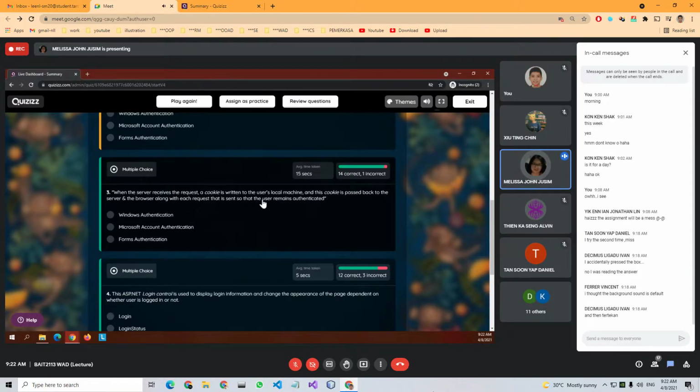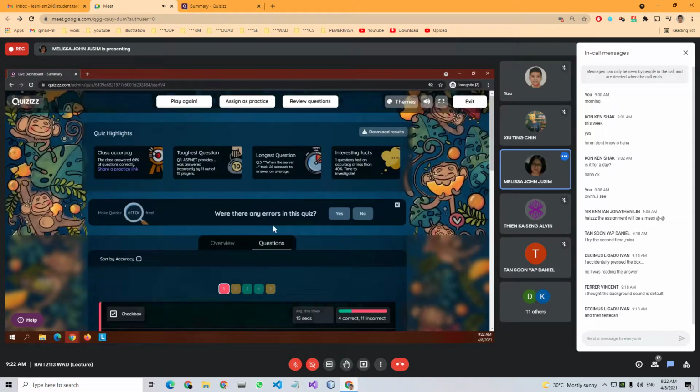For the Microsoft account, it uses the passport, the ticket, the HTTP credential. That's why it's also known as Microsoft Passport, Microsoft account. For Windows, it's using Active Directory.